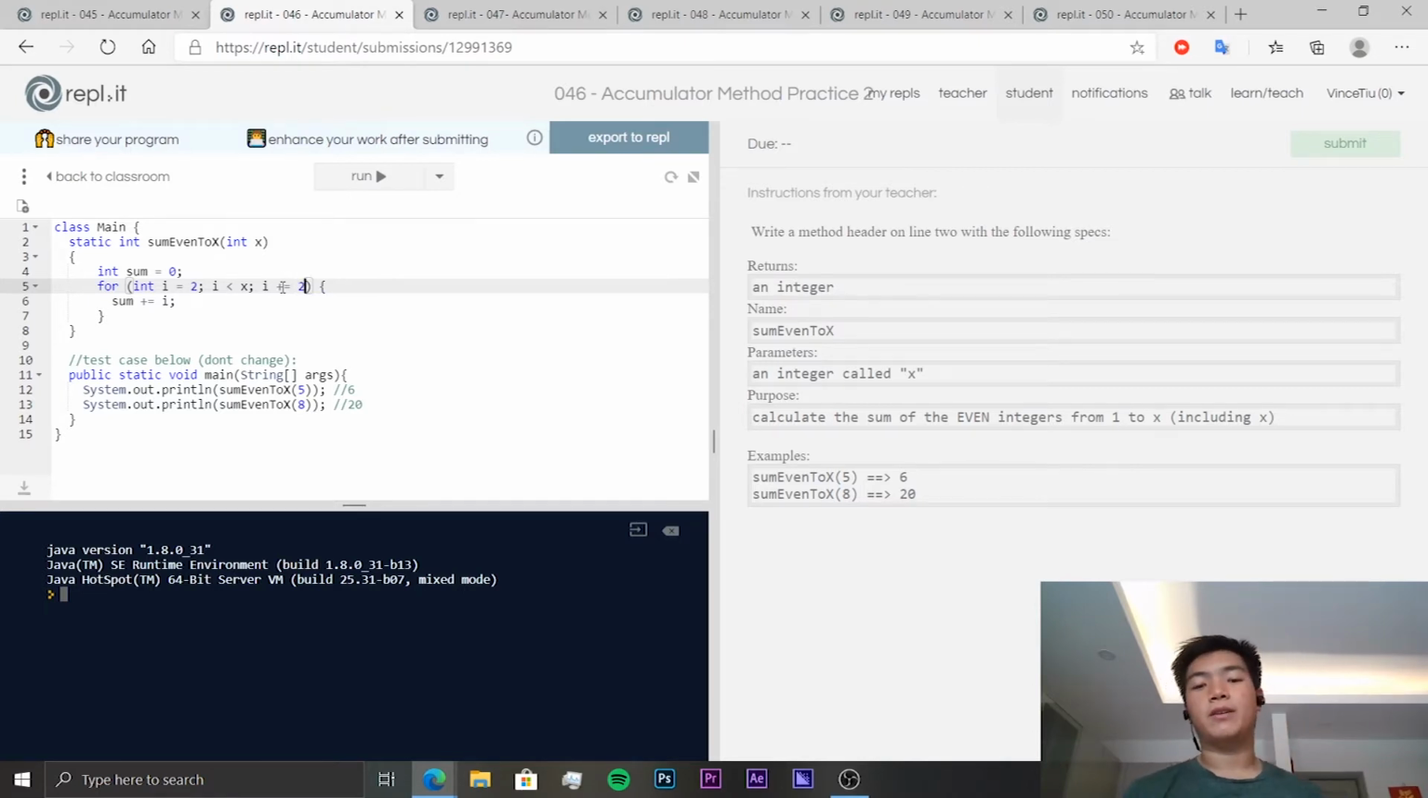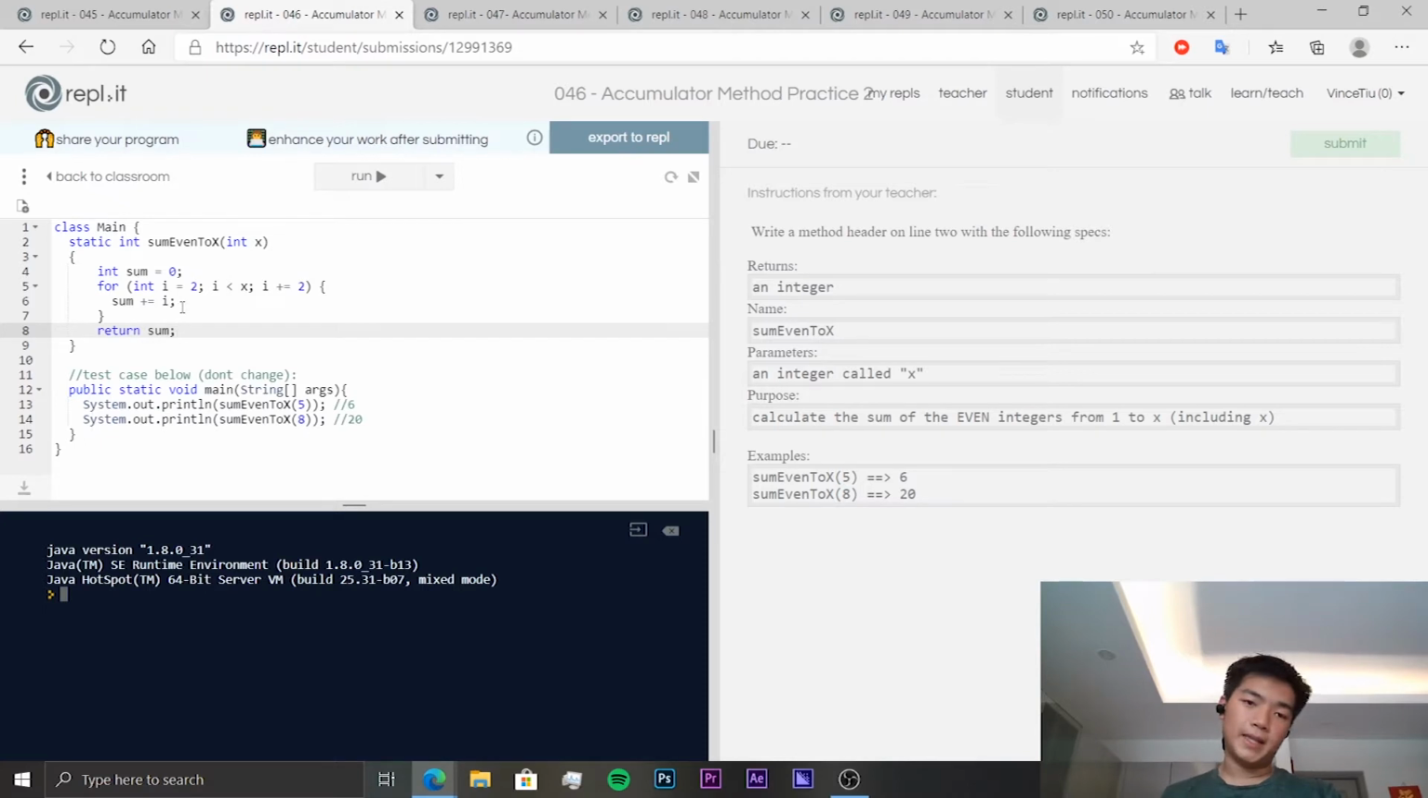It won't matter whether the input number is odd or even, because if it is an odd number, this loop will stop looping through it at the even number just before the number. And finally, we can return the sum, and this should be all. So if we run the code,